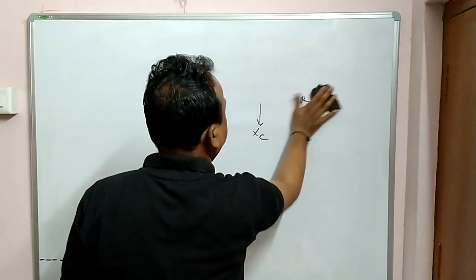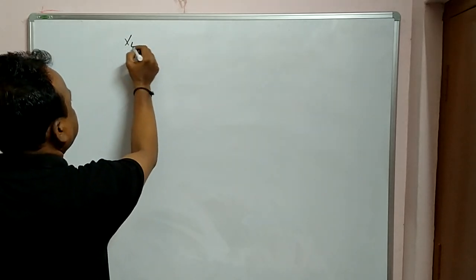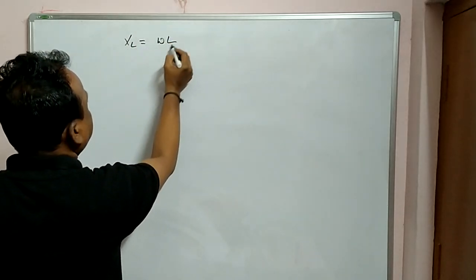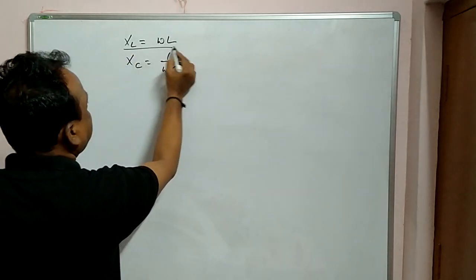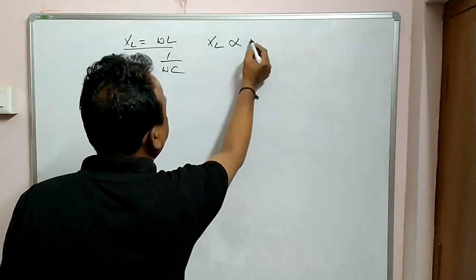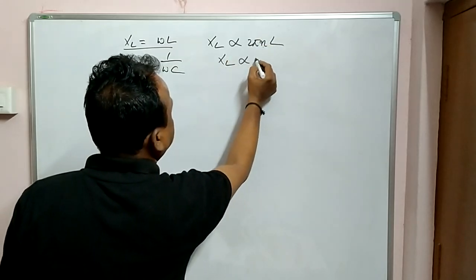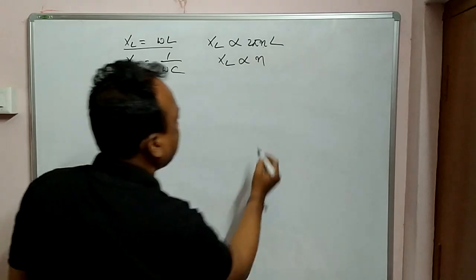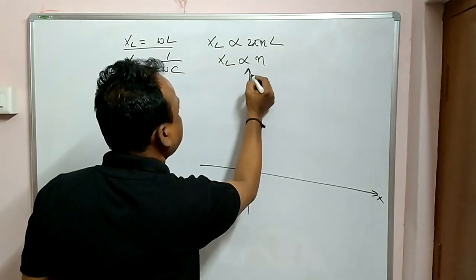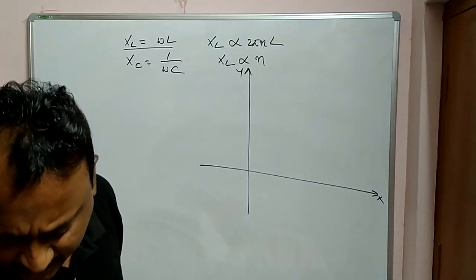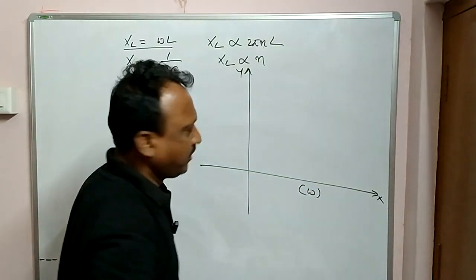See, as I told you regarding inductive reactance and capacitive reactance, this is inductive reactance omega L and this is capacitive reactance 1 by omega C. Observe carefully here, XL is directly proportional to 2 pi NL. That means XL is directly proportional to frequency N. That means if you draw a graph, on the x-axis you take frequency omega,